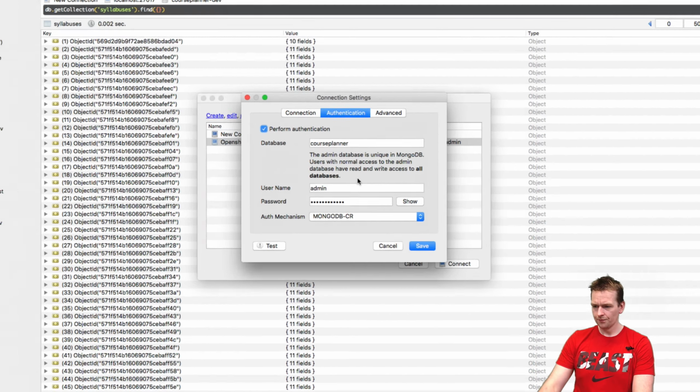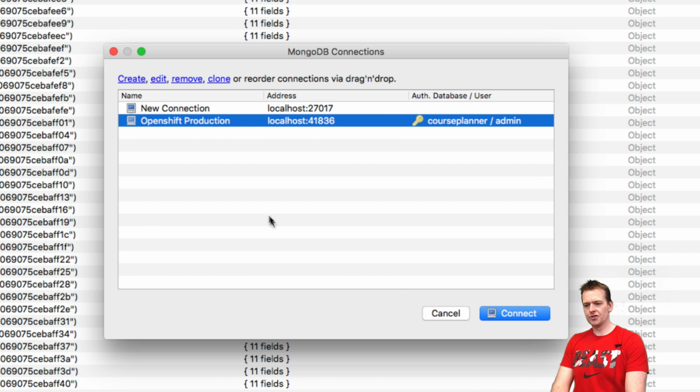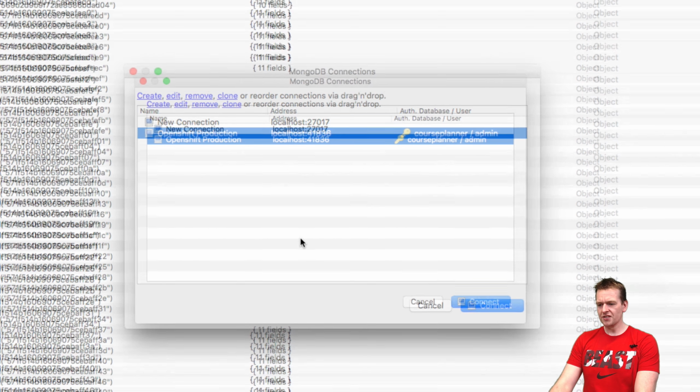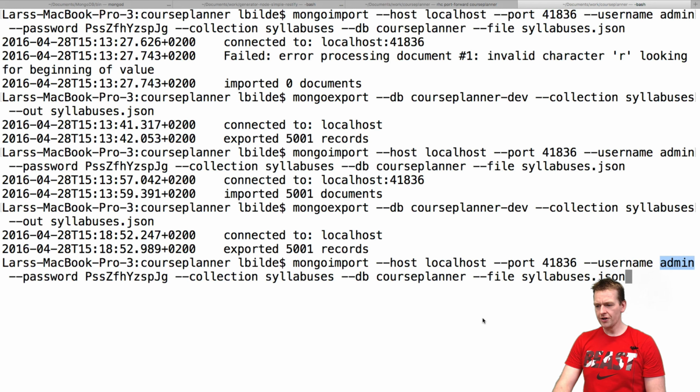Let me just zoom. And the authentication will be Course Planner, admin, and if I show this, it'll be this password and then the Mongo CR. So that's pretty much just what I'm specifying now from the console. So let me get back to the console here. Admin, password is PS something, collection is syllabuses like before, the database is Course Planner. That's the name of the database